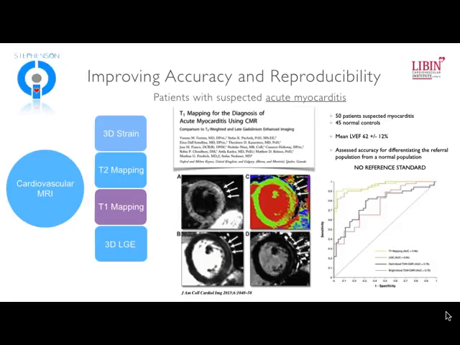And they were assessed for really the ability of T1 mapping to identify or be congruent between people with or without suspected myocarditis. And this is important to delineate, that there really was no reference standard in this study. It was really looking at the capacity of an imaging variable to place somebody in the referral population or in the control population. That was their outcome measure. It really was not against any reference standard.